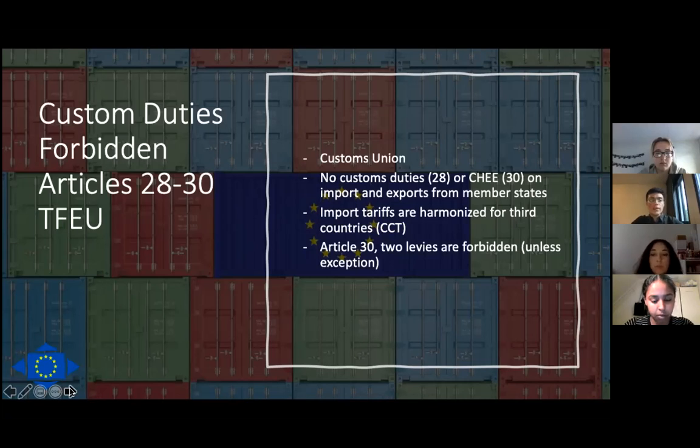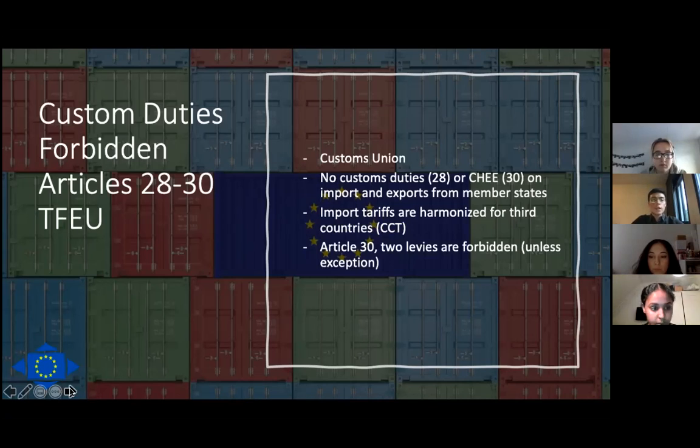For instance, a levy can be allowed if it is for a service required by European law or if it's for a service that generally benefits the individual trader. For instance, it could be the cost of veterinary inspections, such as during the BSE or mad cow disease crisis, when a mandatory health inspection was imposed on beef. Or if it benefits the trader, for instance, if the importer requests a warehouse with cooling facilities.